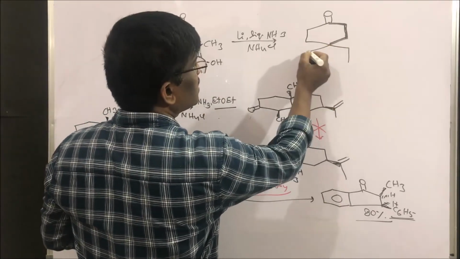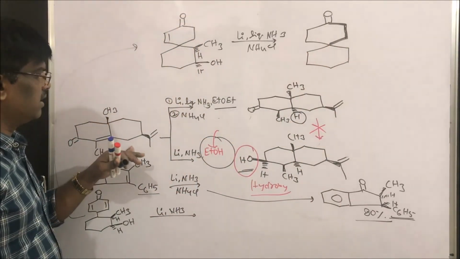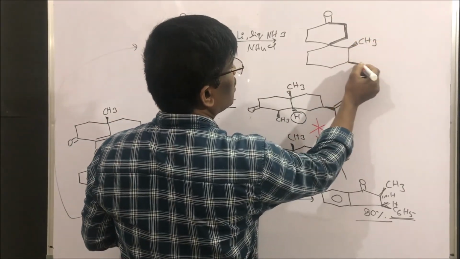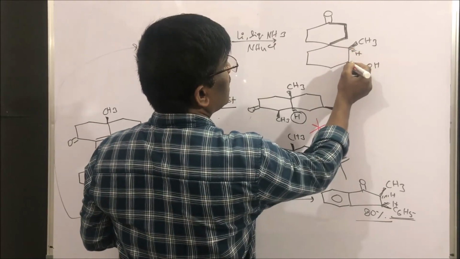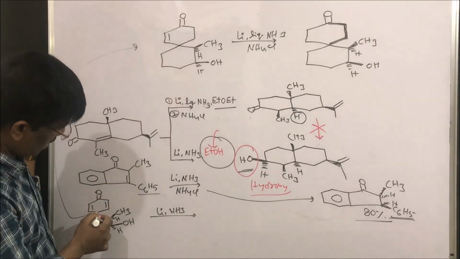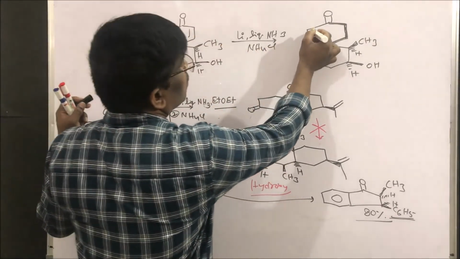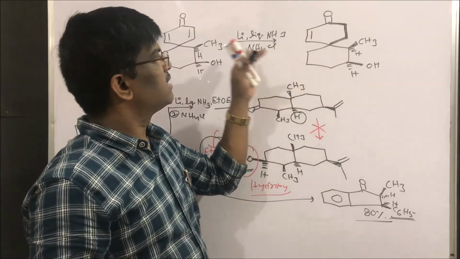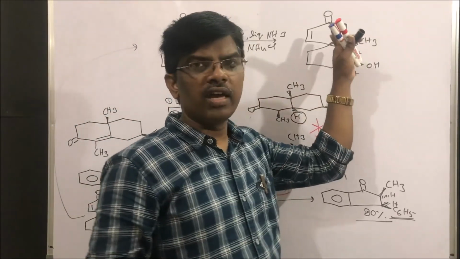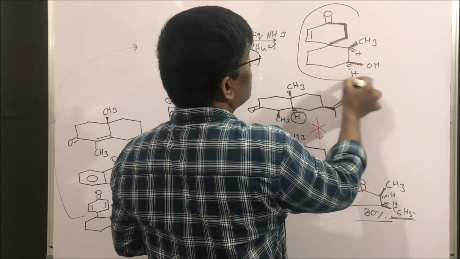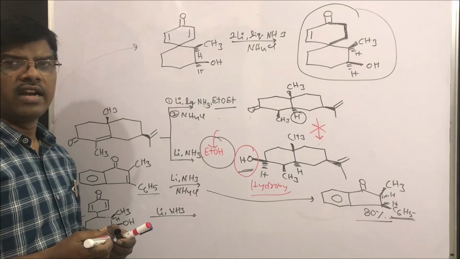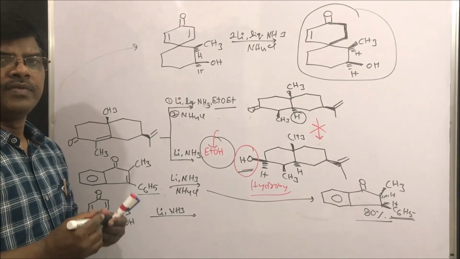So this diastereomer we are going to get. Here this one is already reduced, so it is not going to be disturbed, but it is going to be the major product. Yes students, in this example two double bonds are there, so only one double bond is reduced, since we are using only two equivalents of lithium. So this is the compound we are going to get. Yes students, so this is how alpha beta unsaturated ketones undergo Birch reduction.